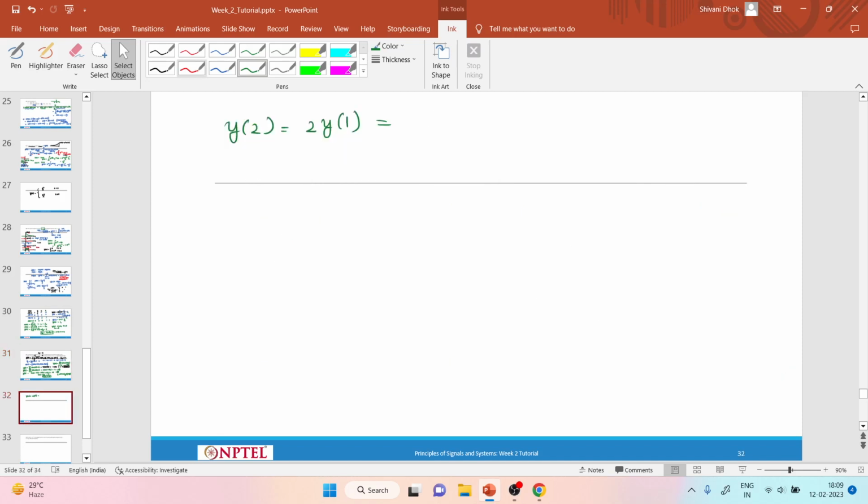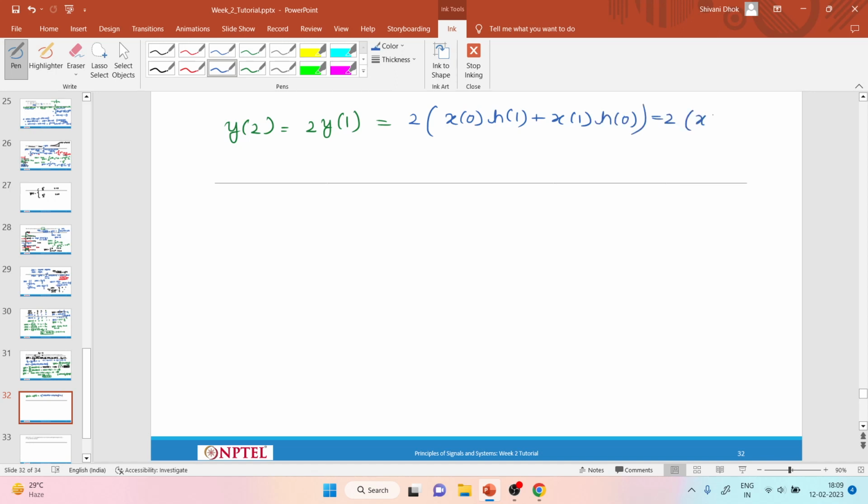We have this relation, and if we find the value of this y of 1, then actually it is equal to x of 0 into h of 1 plus x of 1 into h of 0,